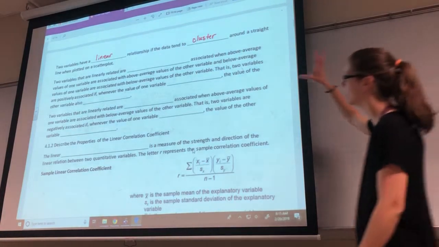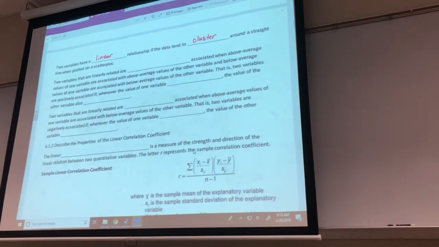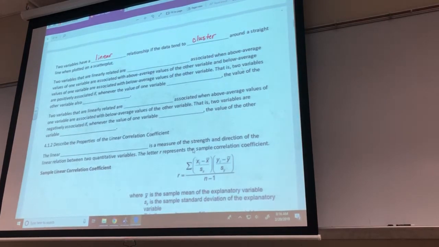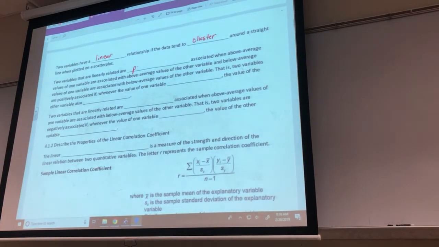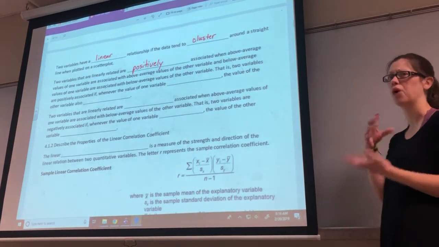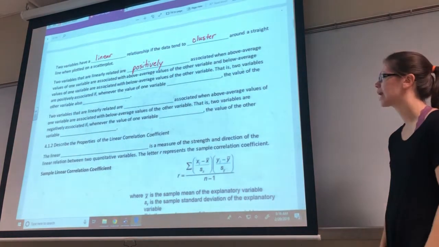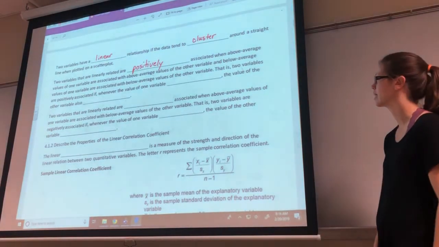Okay, and then I think they have some definition problems on your homework, and so I kept all of this big block in here for you if you're looking back at your homework trying to figure out which one it's supposed to be. But they say two variables are linear, we'll say it's positively associated, and it says when above average values are associated with above average values of another, if you have below average values are associated with below average values of another. I think that's the wording that they use for the homework. You don't have to memorize that. You just have to know if you're looking at a scatter plot, when is it positively associated and when is it